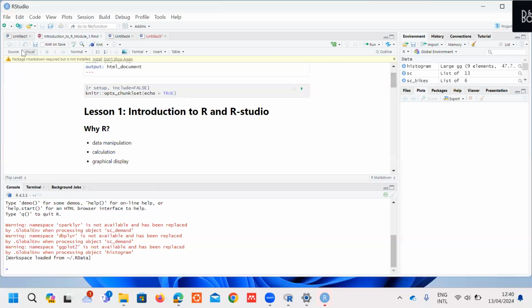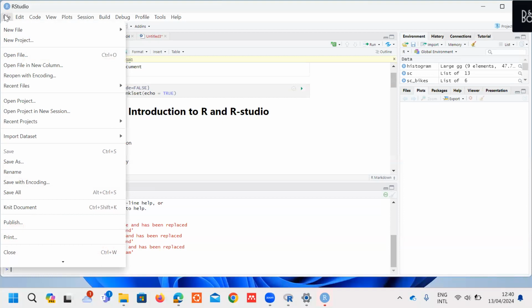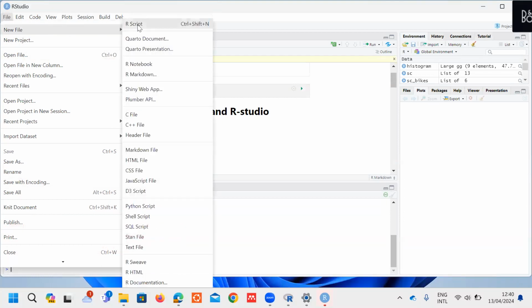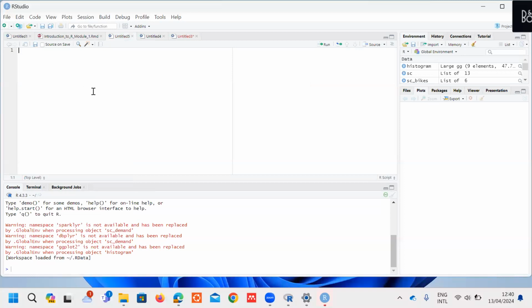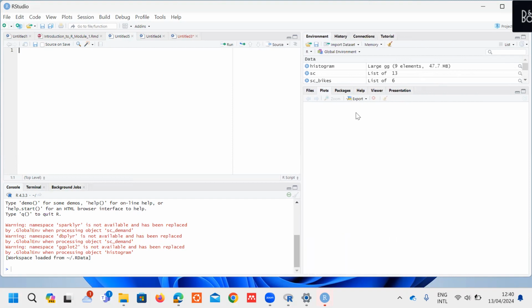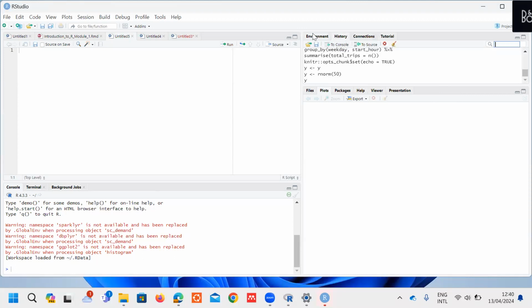But if you're beginning R, the first file that you can create, you come here to File, then go to New File, and then click on R Script. Okay. When you click on this R Script, it will give you an option to do writing here. And on your right section on top, you can see the environment, which stores, for instance, the variables that you are assigning in R, and even the history of commands that you actually